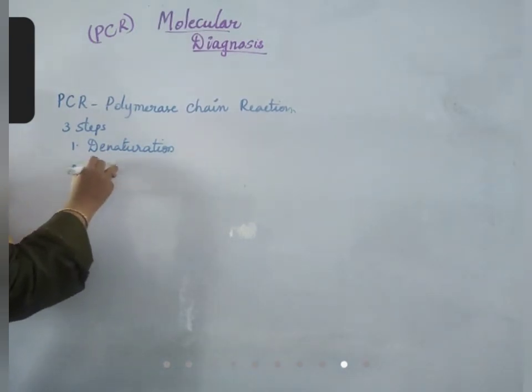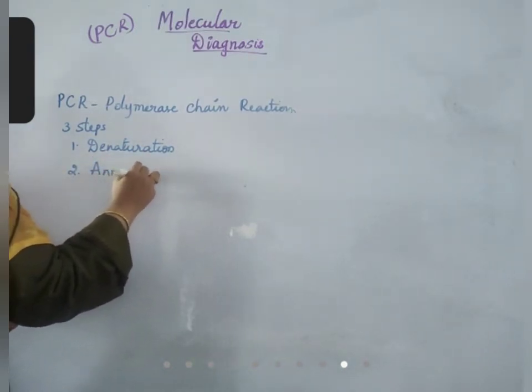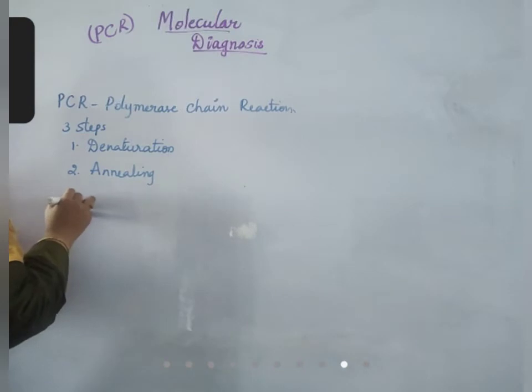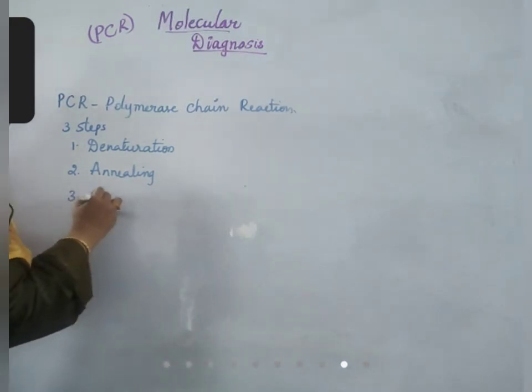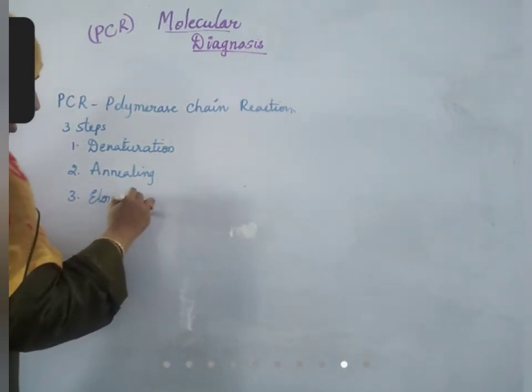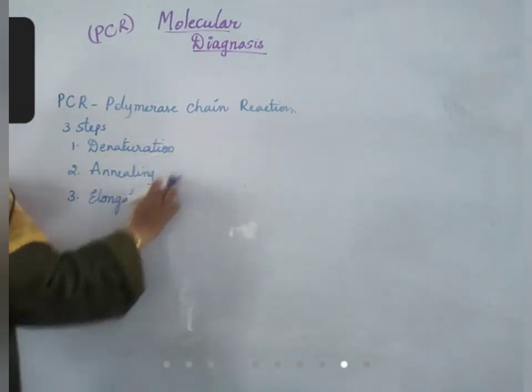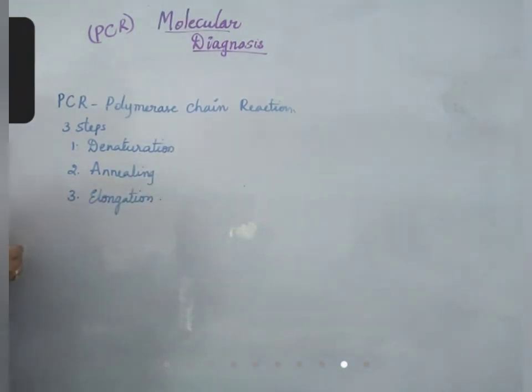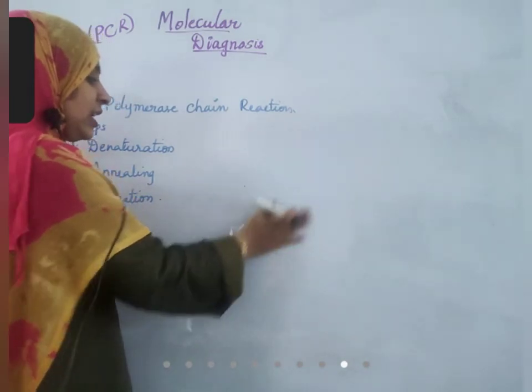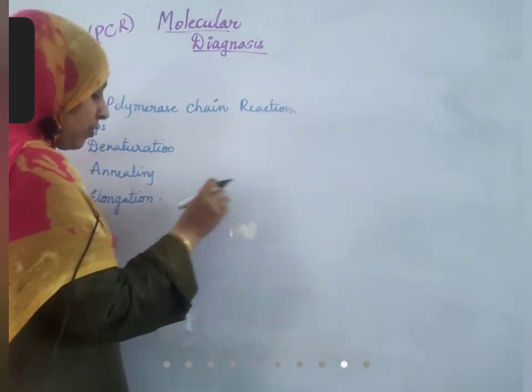Second one is annealing. And third one is elongation. And continuing this for 30 rounds. What happens in denaturation is the DNA that is selected, viral DNA, in this case we are doing a test to